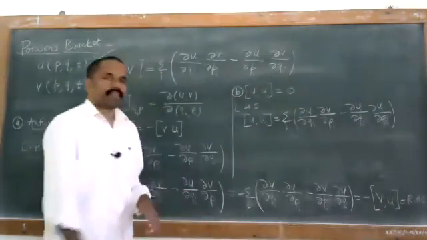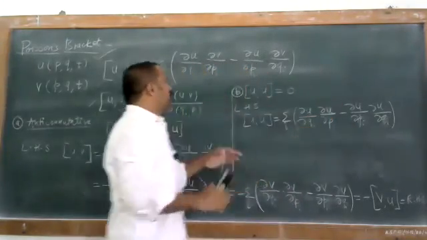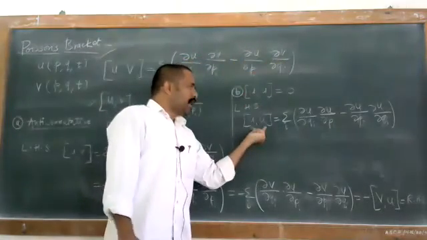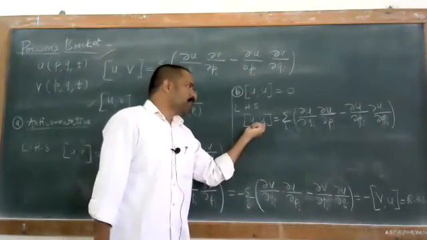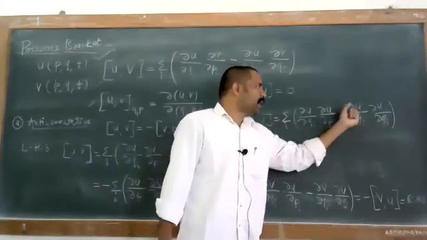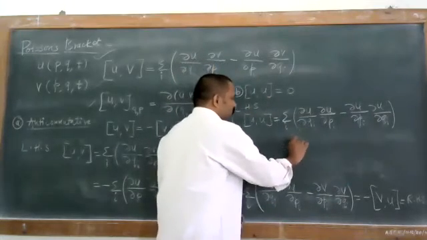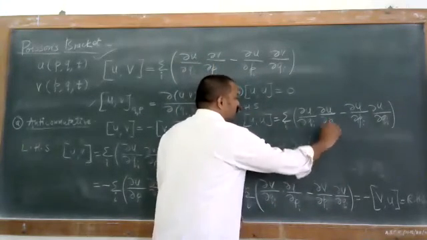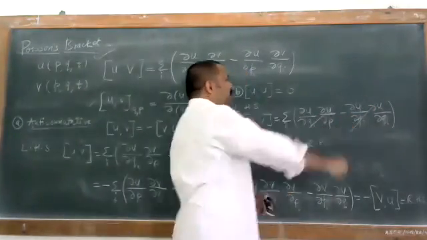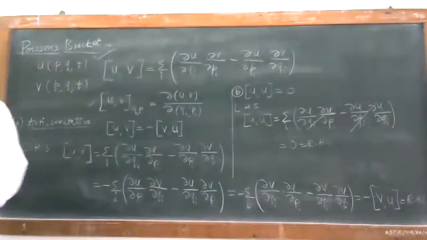So what is this? This is not V, this is U. As per our definition, UV, we have the same symbol, the same dynamical variable. So for UU, therefore ∂U/∂Qi ∂U/∂Pi minus ∂U/∂Pi ∂U/∂Qi, and this is equal to 0. And that is nothing but your RHS. The Poisson brackets are the same, so you just cancel this term and this is equal to 0.